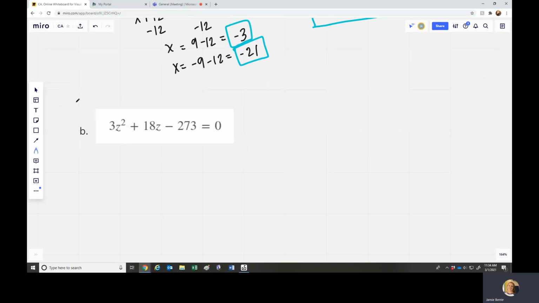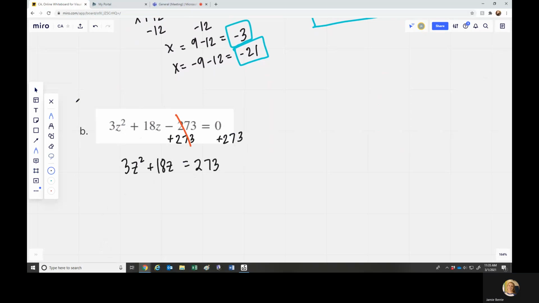All right, so we have 3z squared plus 18z minus 273 equals 0. We're going to complete the square here. So we start by adding the constant term, moving it to the right-hand side. It's going to cancel out on the left. So you have 3z squared plus 18z equals 273. All right, step 2 says to divide by a so that the coefficient of x squared,